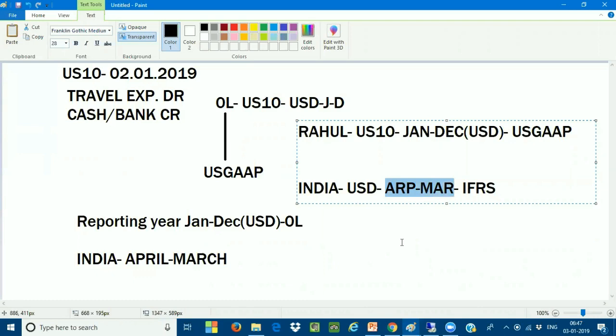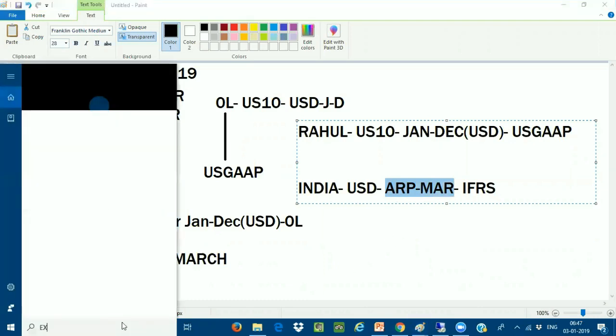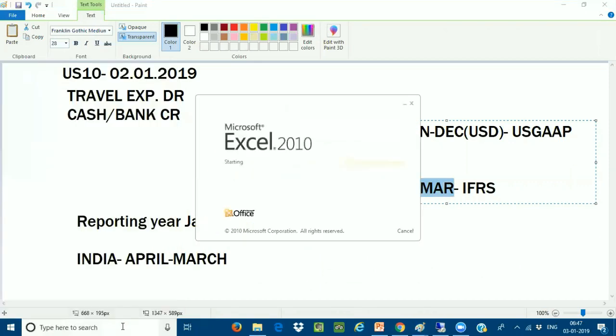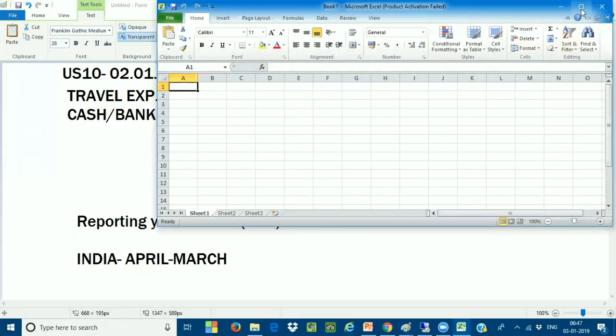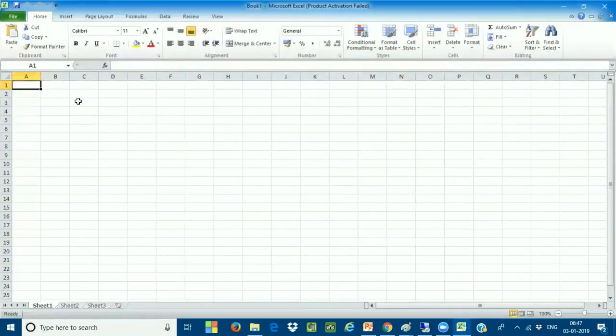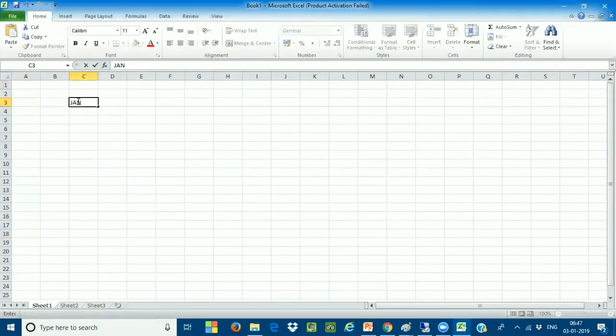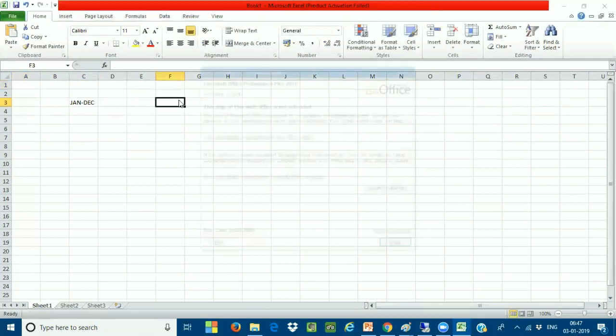So what is happening here? When I come to the US, it is from January to December. And when I come to India, it is from April to March.